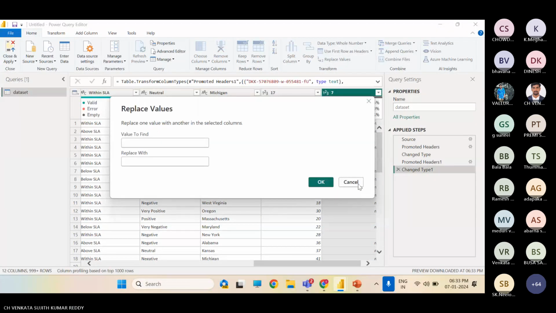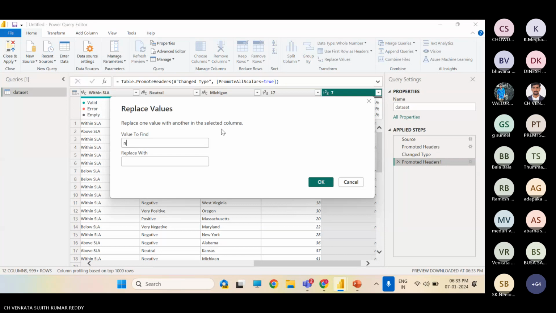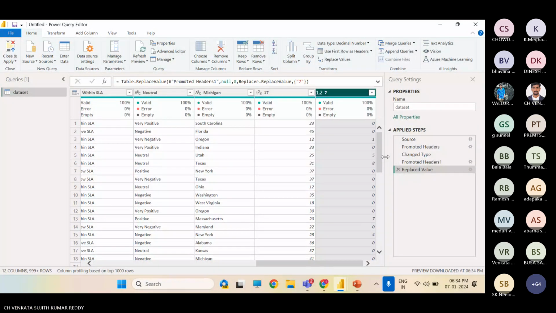If it is an integer column, you can't mention text here; if you do, the data will consider everything as text, even the numbers. So instead of null, I will keep zero for the entire column. In this kind of way, you can transform the data here. Since I was not using this column, I'm going to remove it.